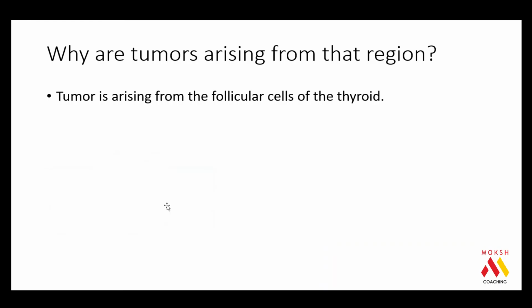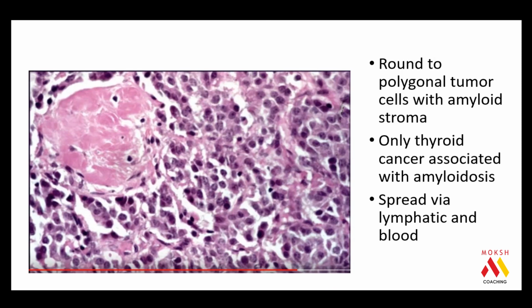Why are tumors arising from that region? Tumors are arising from the follicular cells of the thyroid gland. So let's actually get into the histology of this as well. One thing that I've noticed on the USMLE these days is they're asking more histological and pathological